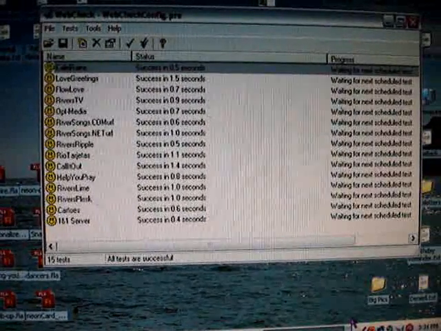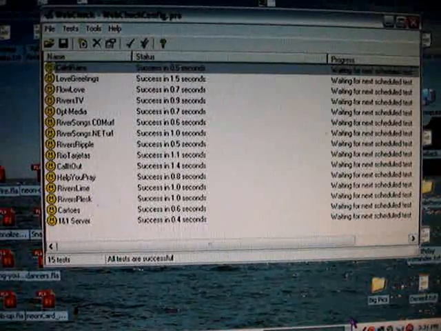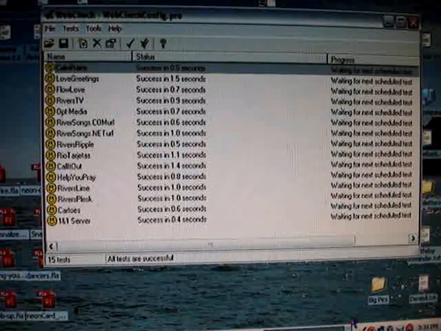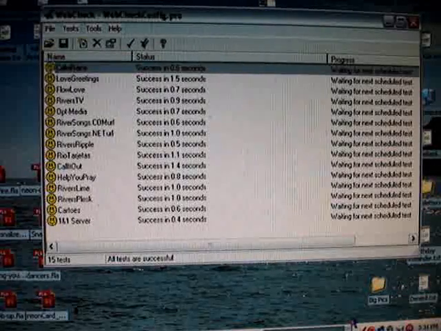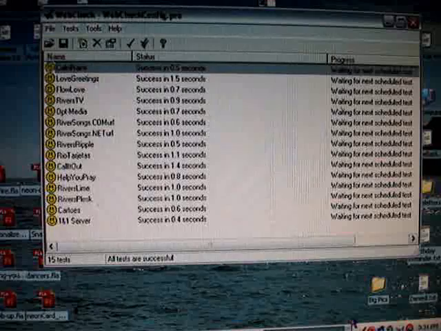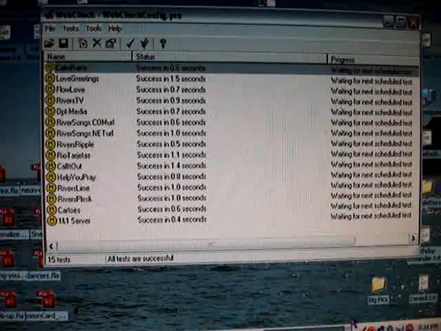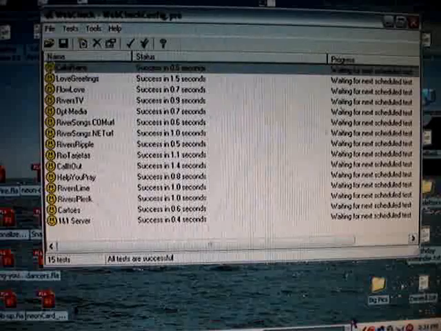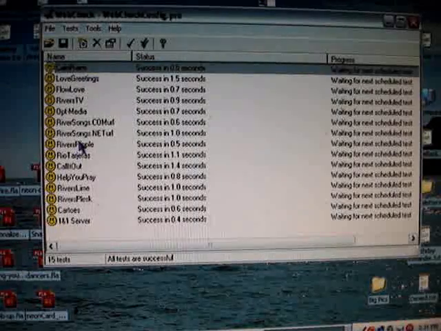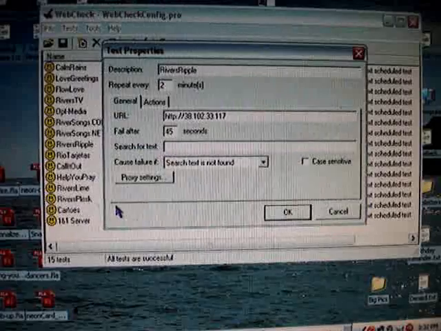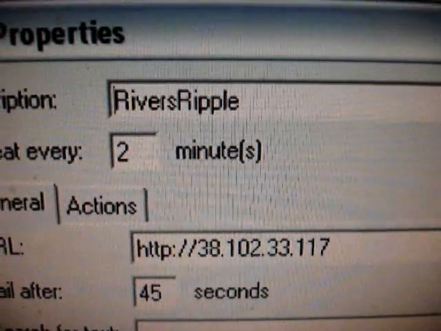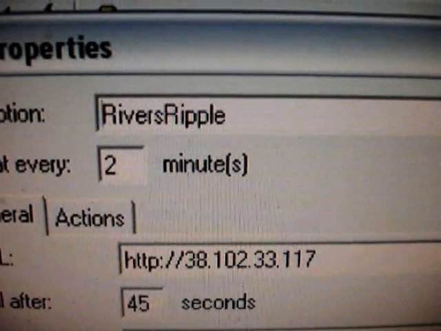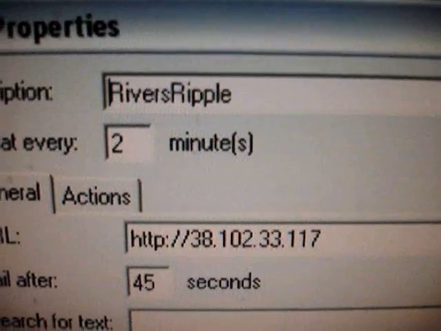So this little program checks those servers, checks the websites based upon the domain name URL or the IP address URL. And pertaining to the one that we're speaking of in this video, it's the IP address, which you'll see right here. That's actually to one of the IP addresses at this particular web host. Okay. So